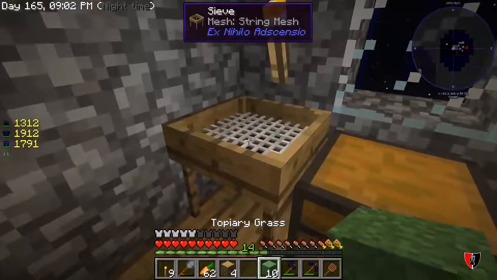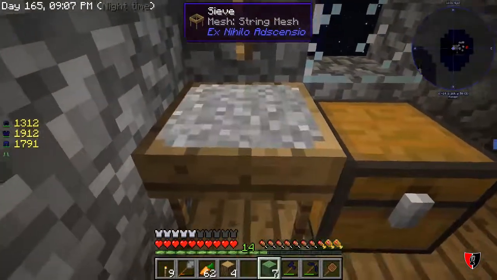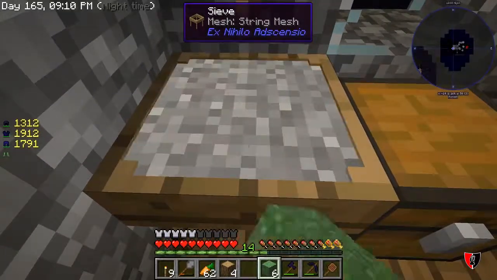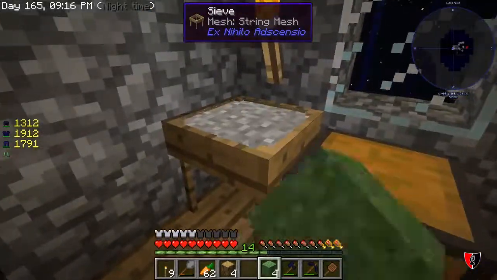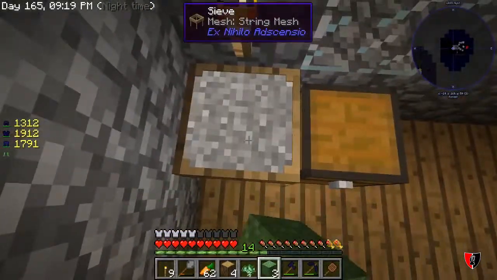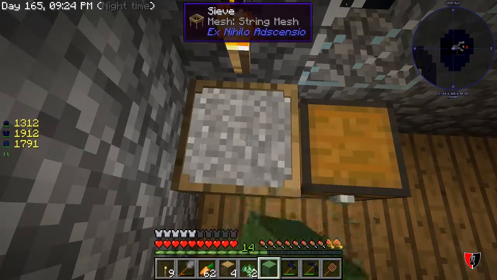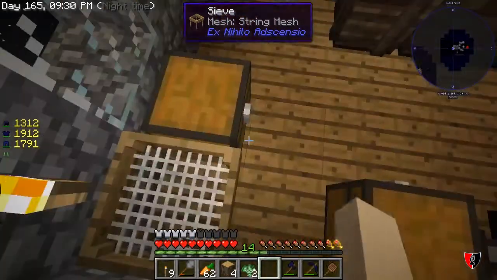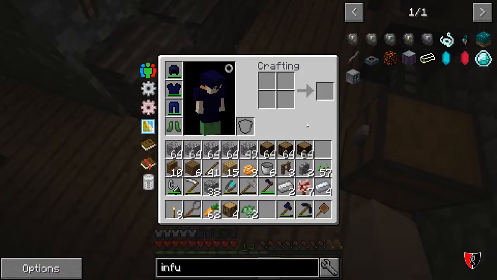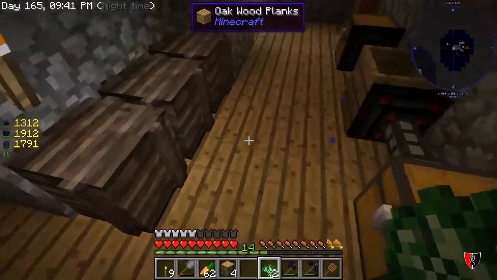Okay, so if I do this, come on. Okay, gotta give me at least something here. There we go. Okay, so I ended up with hop seed and another sakura